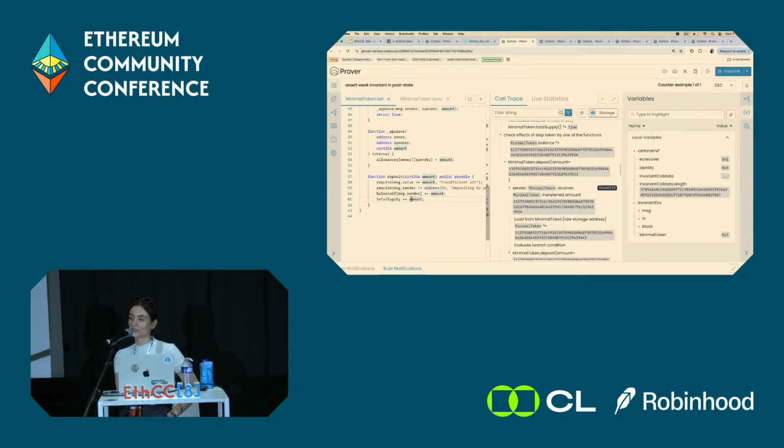Can anybody think of such a situation? Good idea, but no. It's not an overflow issue. Think about the message sender. Who can be the message sender? Any address, right? Sorry, I'm not hearing it. And any address can be the message sender. So how do you think it's possible that if we send this amount